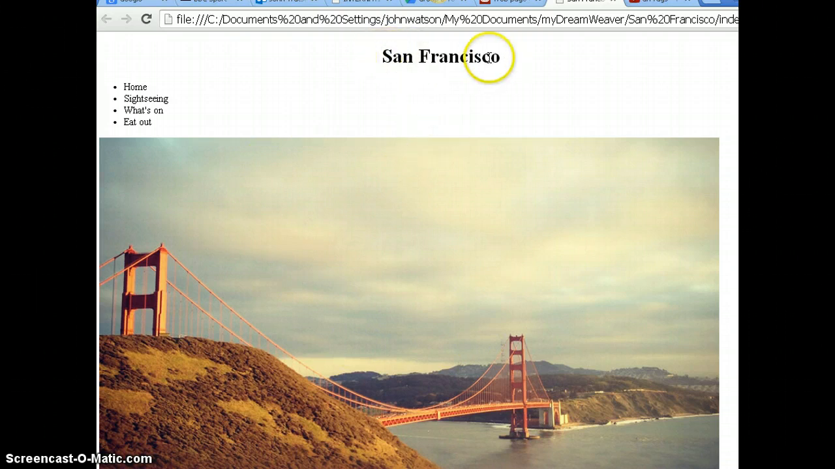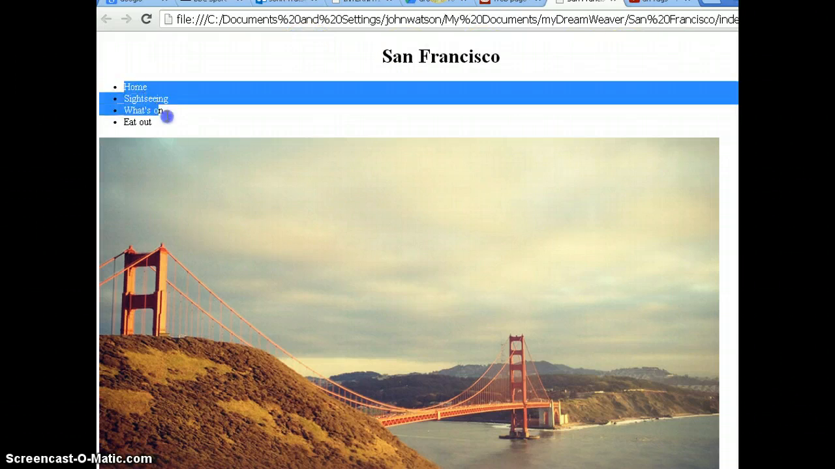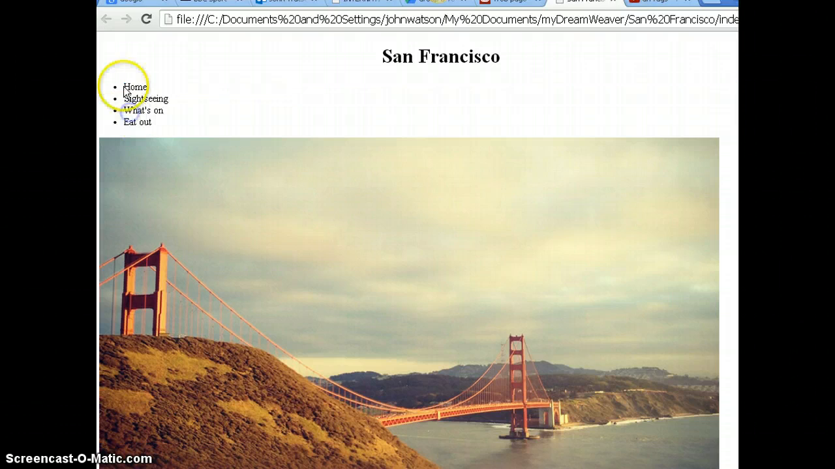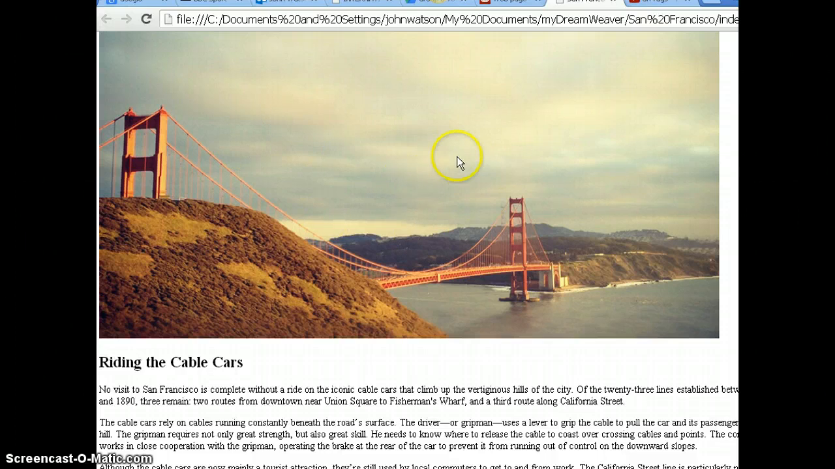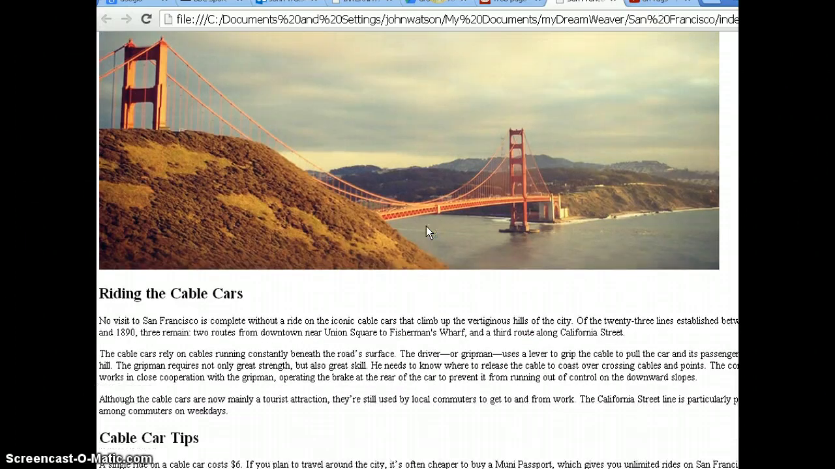I've got some text here in a header area. I've got a list here. This is just an unordered list of text items, in my navbar area. I've then got an image of the Golden Gate Bridge in San Francisco, and then I've got a couple of